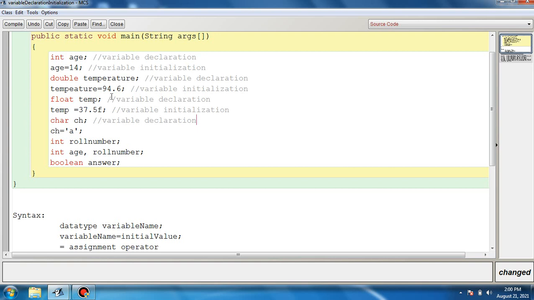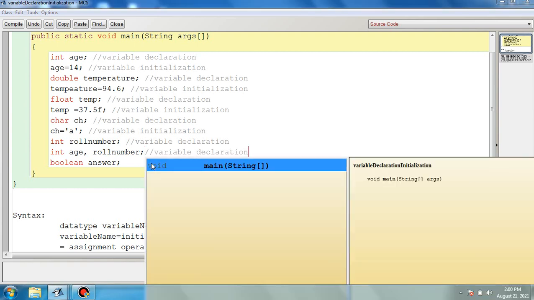This is variable declaration. We have declared a character type of variable using the char data type, and this is the initialization. Again, this is declaration, and these are also declarations.